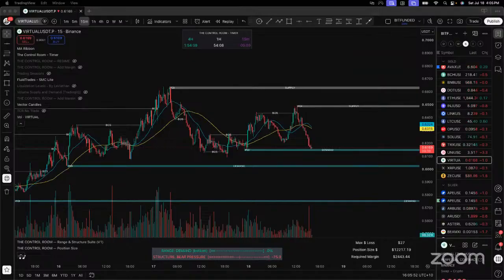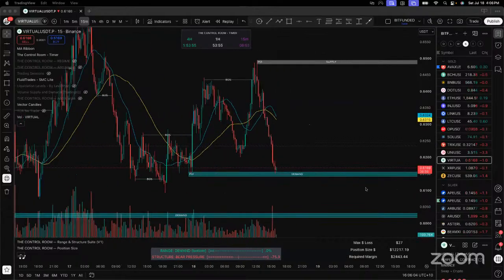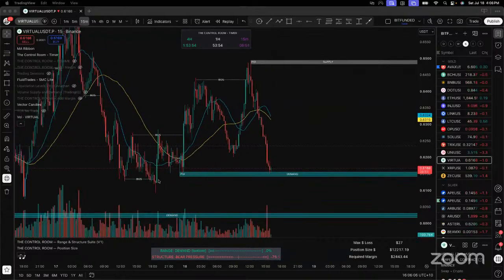BNB is looking okay. I like virtual on demand there though. Still want to see that vector climb. I want to see it wick through first, but it's a scout.